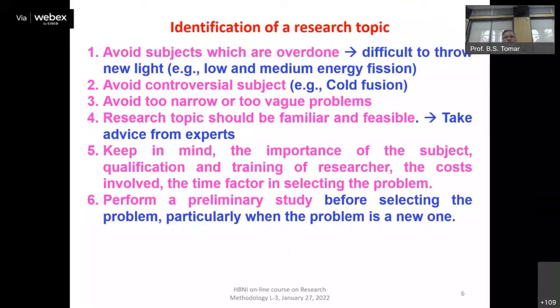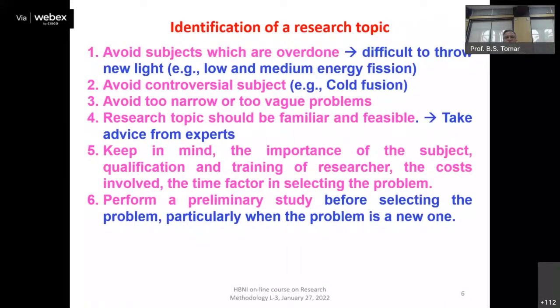For example, many of my students may not agree with me that low energy and medium energy fission, in terms of the mechanism of this, it's not that you are using this for some application, but if you are doing fundamental research in low and medium energy fission, this has been thoroughly studied for the last